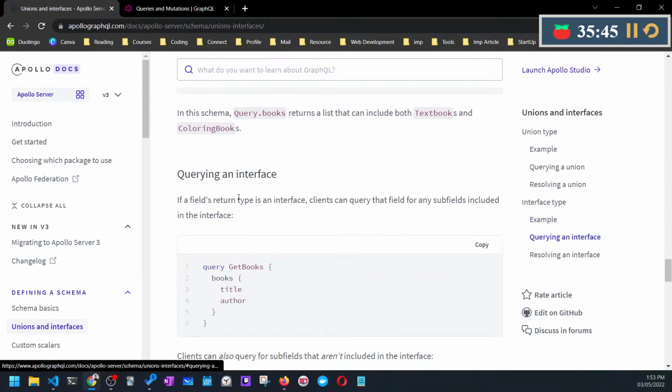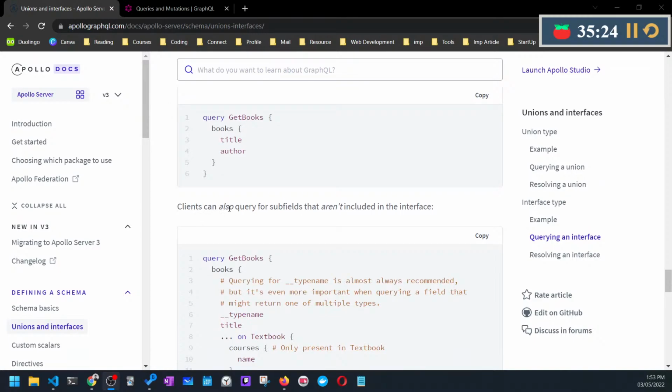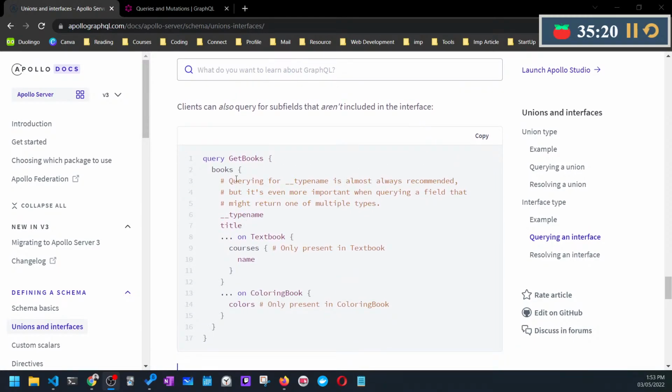Okay. So querying an interface. Now if a field's return type is an interface, clients can query that field for any subfields included in the interface. So query, then we have get books, and inside the book we have title and author. Client can also query for subfields that aren't included in the interface. So books, then typename, then we will query the title, then